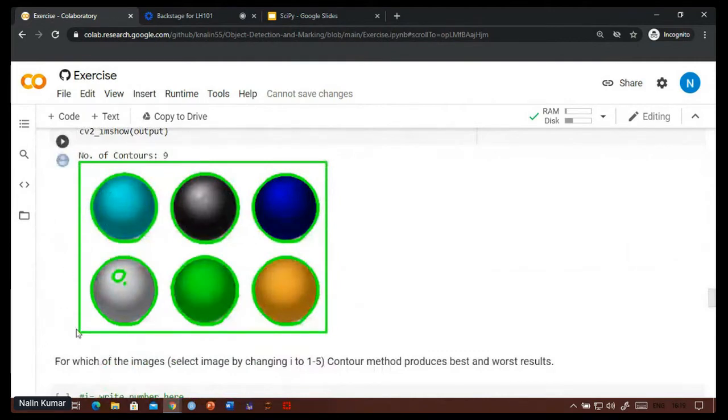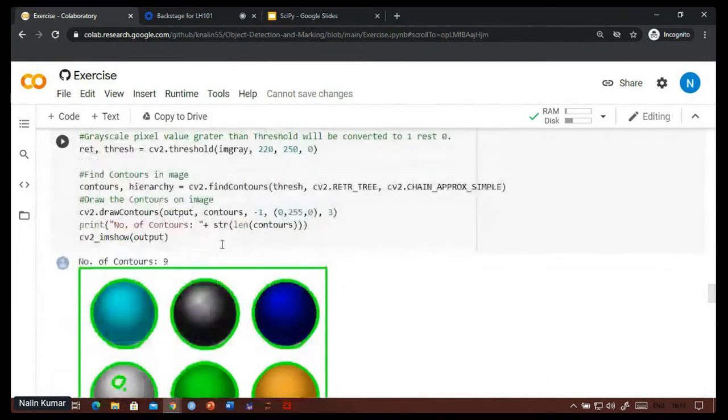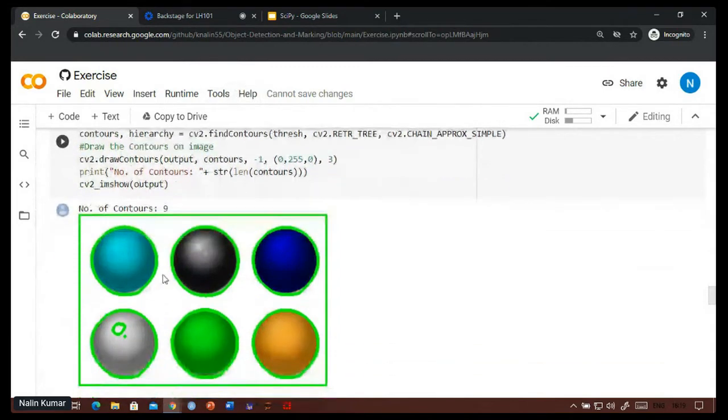So the whole image itself is marked in one contour also, but even if you subtract that one, let's say you assume that in all of your images there will be a contour mark enclosing your whole image, still there are some problems with the contour method. As you can see, there are two contours inside this grayish ball.